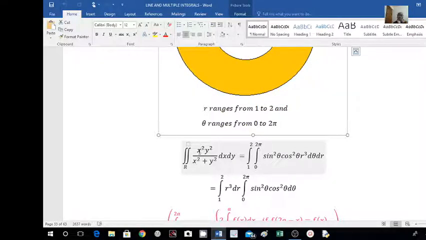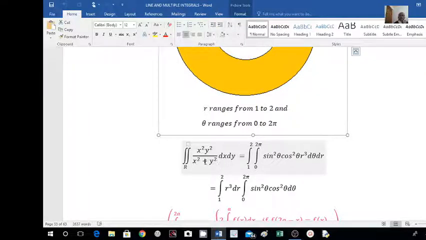Here I am putting x equal to r cos theta, which means r square cos square theta. y equal to r sin theta means r square sin square theta. So in total, r square times r square gives r to the power of 4, and I am replacing dx dy by r dr d theta, so one more r I am getting here. So in the numerator, totally 5 r's are there. That is r to the power of 5.